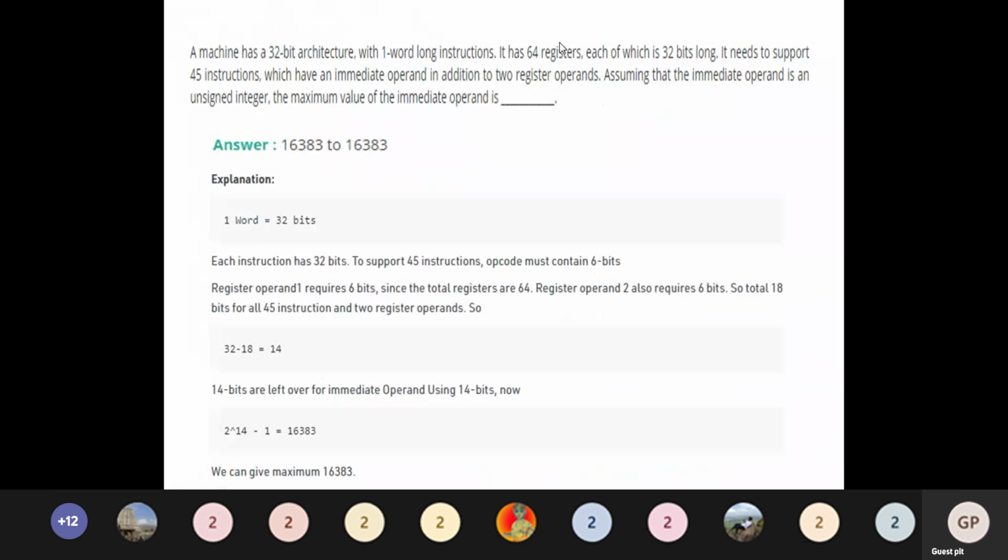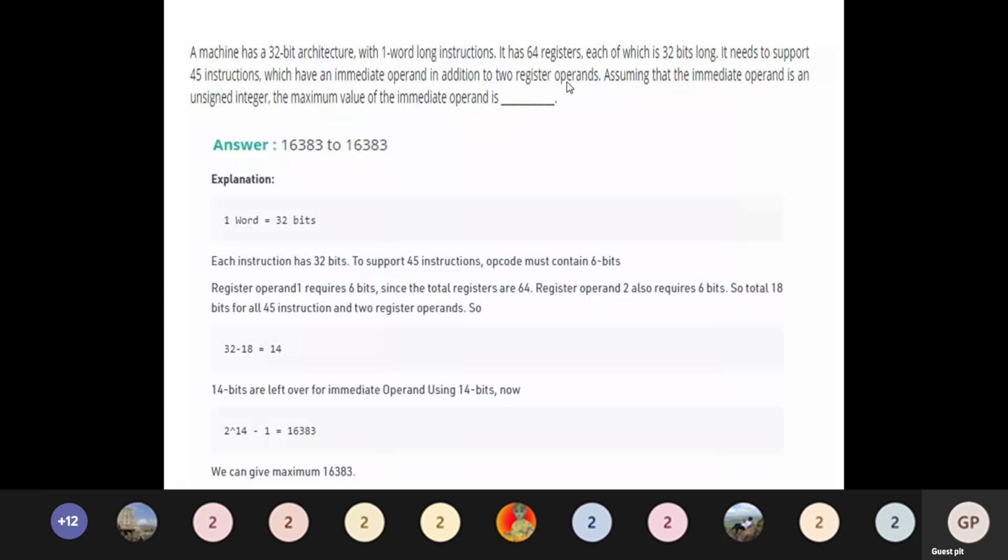It has 64 registers, each of which is 32-bit long. It needs to support 45 instructions, which have an immediate operand in addition to 2 register operands. So an immediate operand is there, and you have 2 register operands.